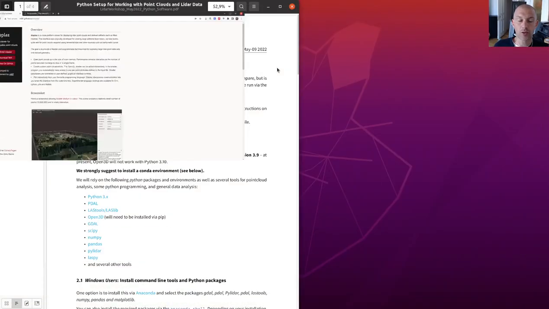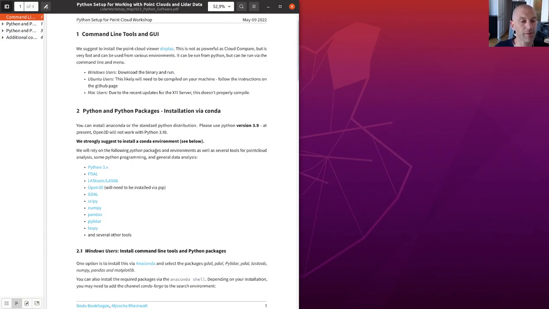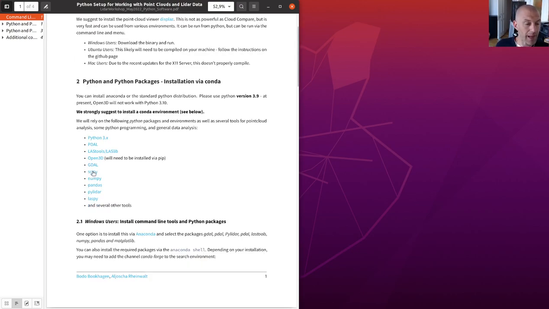In terms of installations for using Python, there are several packages that are very, very useful. The first thing that I wanted to point out is that for using Open3D, you definitely want to use Python version 3.9 and not the most recent one, 3.10. The other packages all work with different Python versions. I strongly suggest to go for 3.9 at the current point until Open3D had been updated and fully made compatible